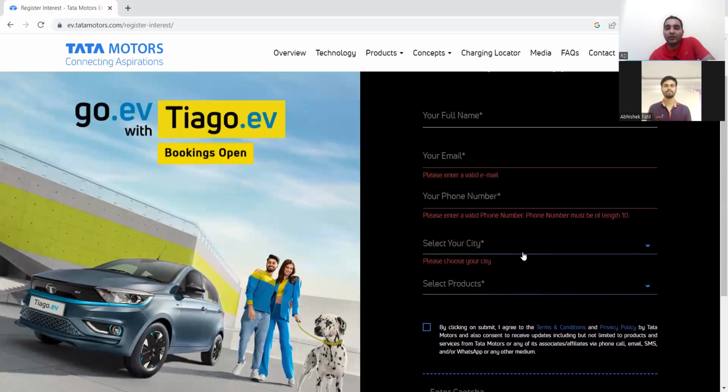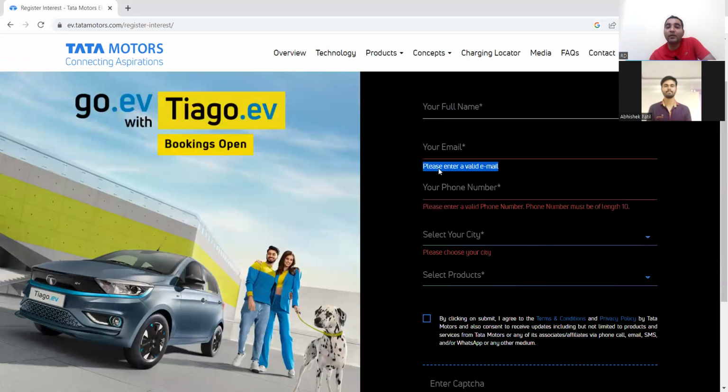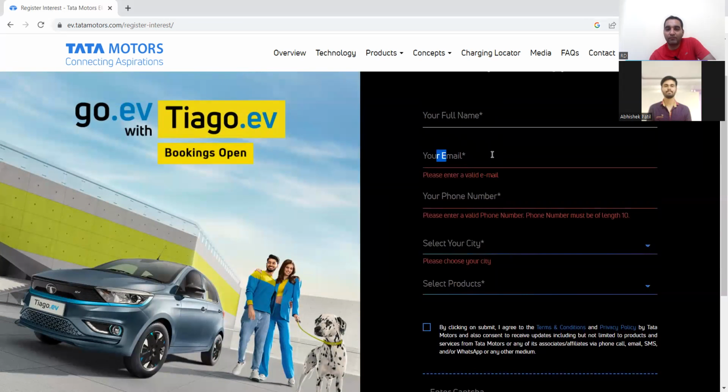Then you have all these validation messages. What if you don't enter anything? Negative testing. What if you don't enter a phone number? Is a proper validation message displayed? Is a proper city message, proper valid email message displayed? So you will verify these watermarks are being displayed: your email, your full name, your phone number. You will verify whether the asterisk sign is displayed to mention that these are mandatory fields,